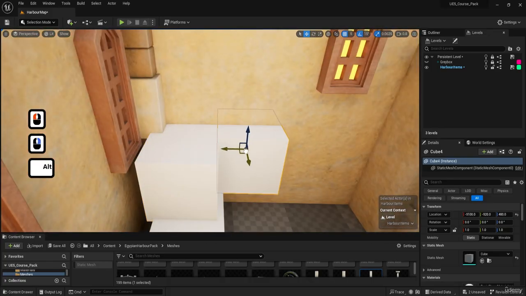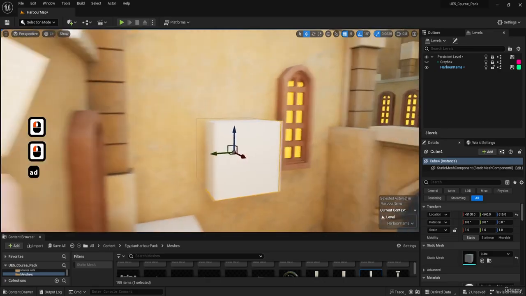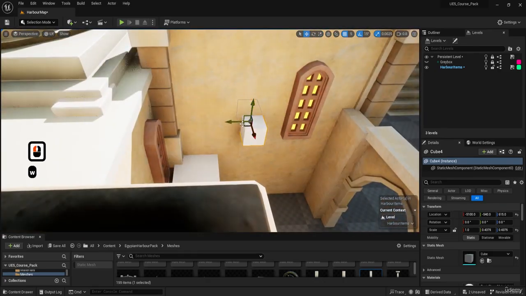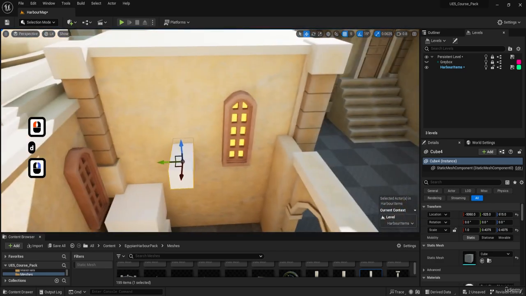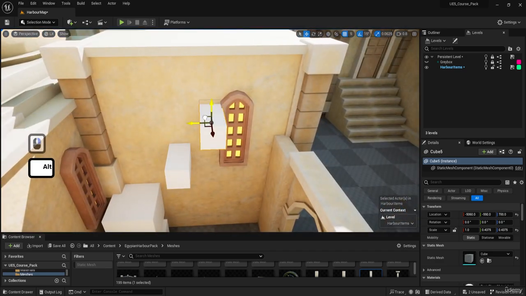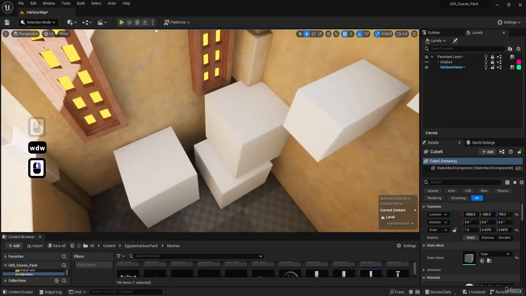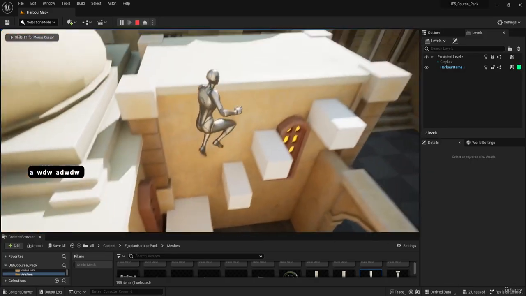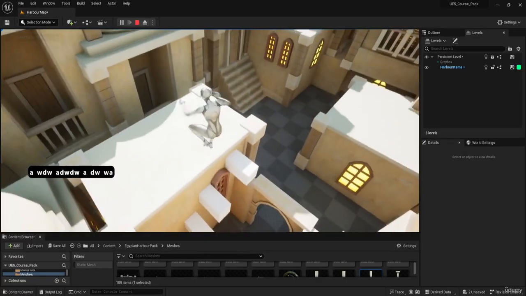Then afterwards, you'll go onto the side of the roof, for example, making it a little bit more difficult to go on. Something of the sort, and maybe something like this to jump on top, just like that, making sure that the window is not getting overlapped with those items. Again, we're going to be replacing them, but for now, we've got to make sure that the overall jumping experience